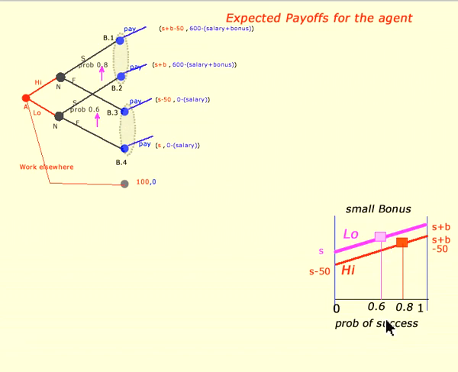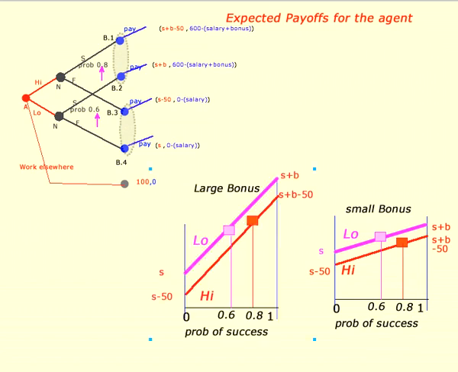What about high effort? Well, with high effort, you could get lower payoffs generally, but a higher chance of success. With an 80% chance of getting this point and a 20% chance of getting that point, we're 80% along this line. And if you notice, the height here is lower than the height there. That means if you're looking at best responses, given the beliefs, that low effort has a higher expected payoff than high effort does, with a small bonus. What if we make the bonus larger? Well, let's give it a try and have a look.